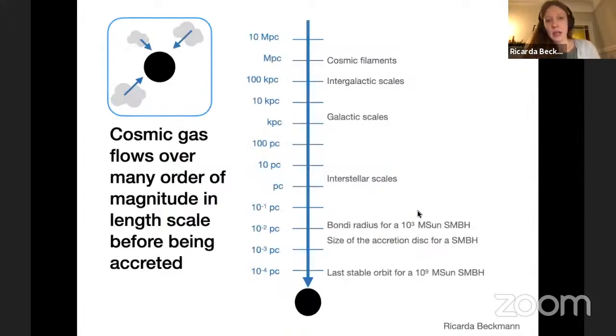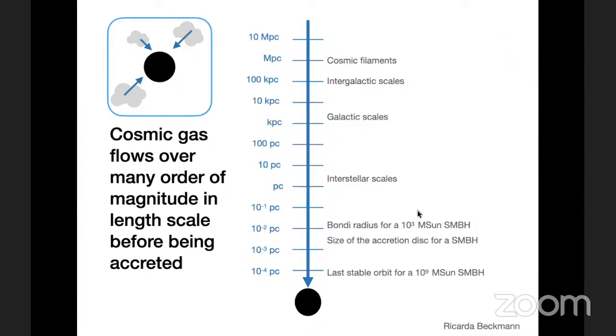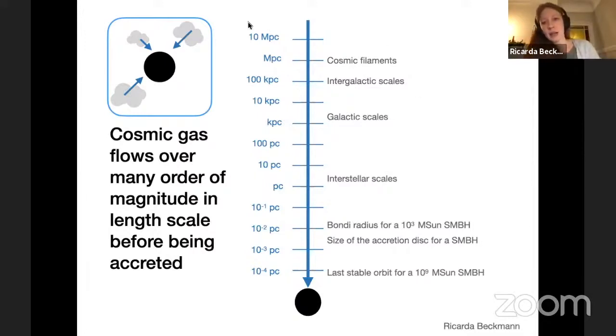But the problem with studying gas accretion, and especially with trying to get that much mass into the black hole, is that the gas that has to be accreted by the black hole has to flow over a very large range of length scales before it actually reaches the black hole. Black holes are massive, but they're incredibly compact, which means that the actual scales in which they accrete and interact are very small. And the gas really has to flow from the cosmic environment into the host galaxies, through the host galaxies, past these interstellar scales where all the star formation and stellar feedback goes on.